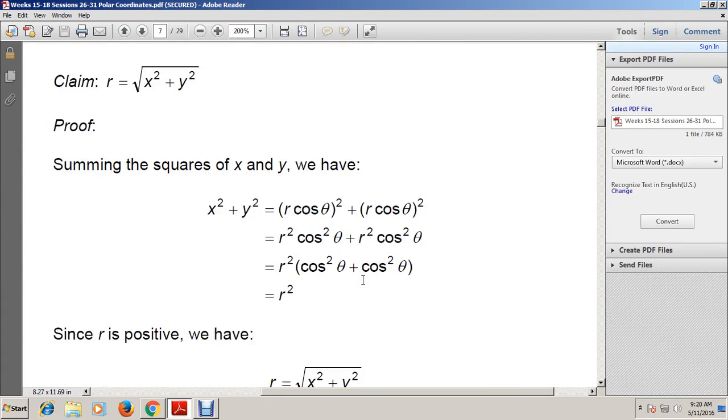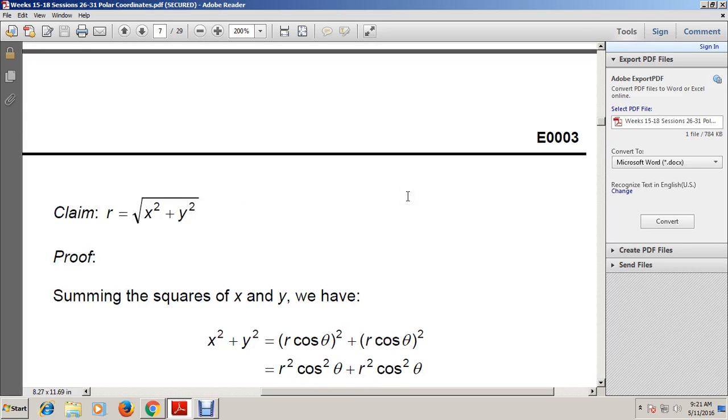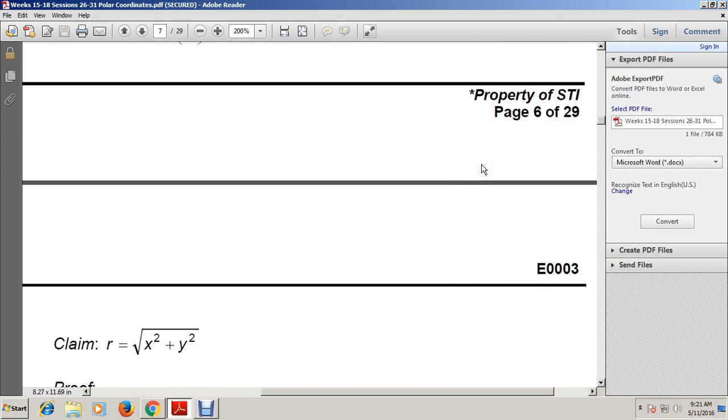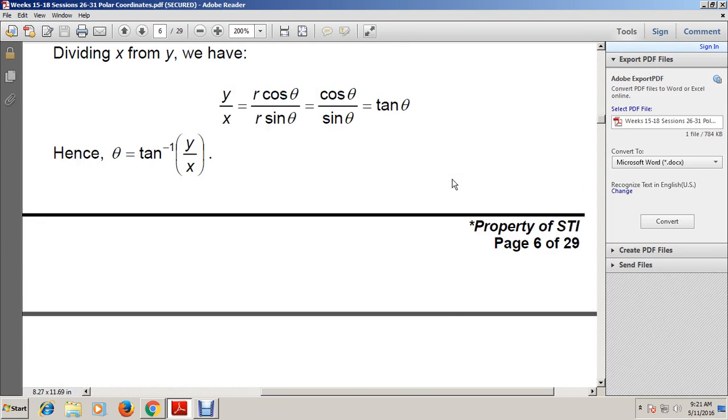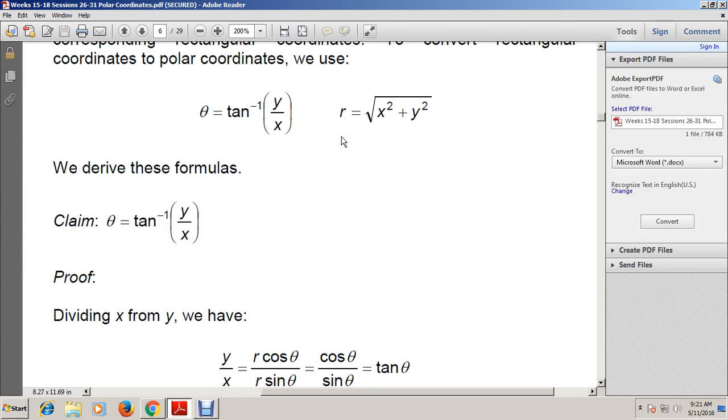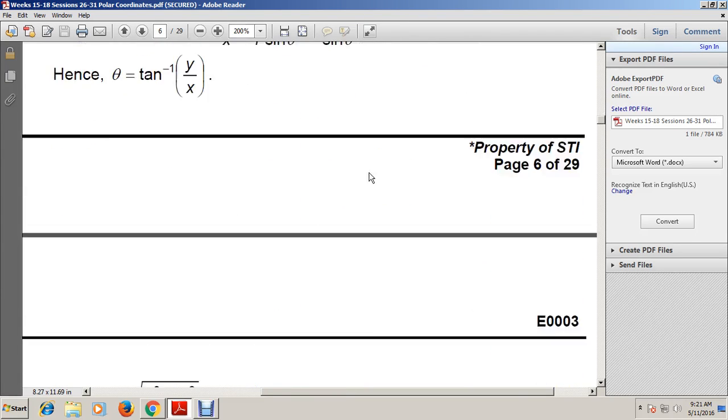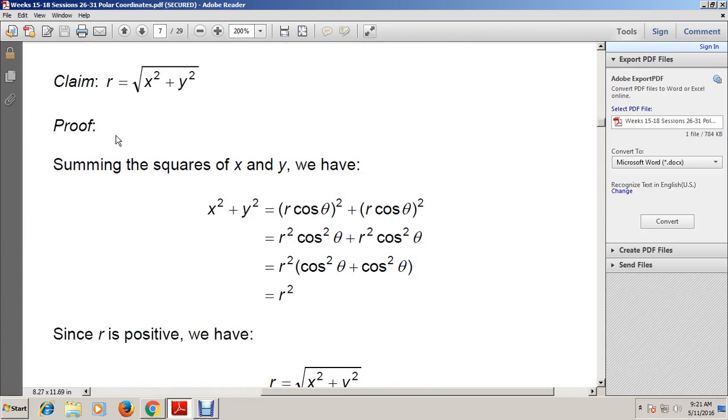Okay? Now, using the above conversion from polar to rectangular, we could somehow modify the equations to have a direct conversion between the representation of x and y in terms of sine and cosine, and the presented equations for arctangent and the Pythagorean theorem, r equal to the square root of x squared plus y squared. That is presented here. Now, since r is equal to the square root of x squared plus y squared,